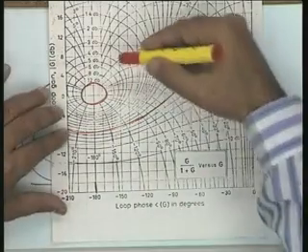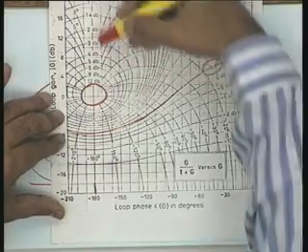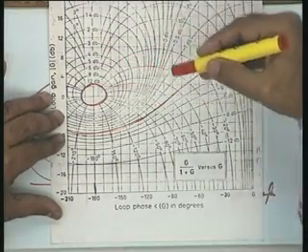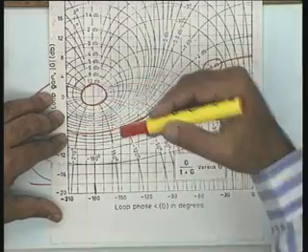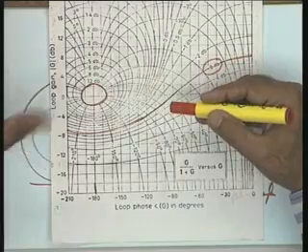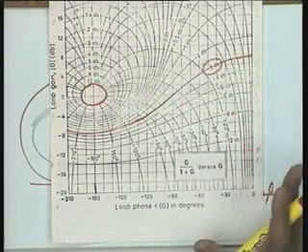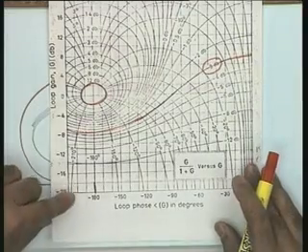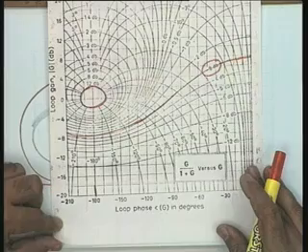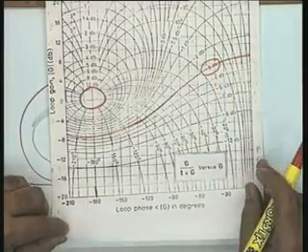You ignore these lines corresponding to phase angles for the time being, because as I have told you, the phase angle and magnitude curves both are needed only if you want to get the total closed loop frequency response, which I am leaving to CAD software. Okay. Now let us see whether his point is answered, that using the constant M circles, getting the values of Mr, omega r and omega b was difficult. Let us see whether the Nichols chart has made it easy or not.